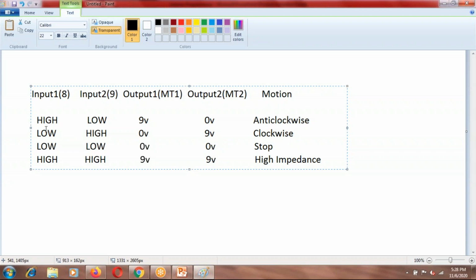So you only have 3 states. Either you put one terminal high and the other low, the first one low and the second one high, or both of them low. So you will have 3 kinds of motion: anti-clockwise motion, clockwise motion, or stop. Is that clear to everyone? This is the table of motion, how you can write the code to make the motor move in different directions with different polarities. Is it clear to everyone? Is that understood? Okay.